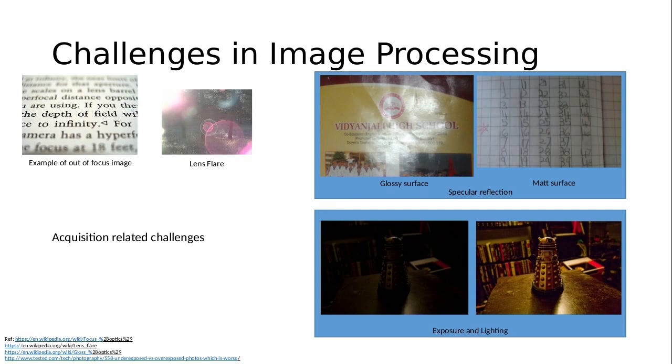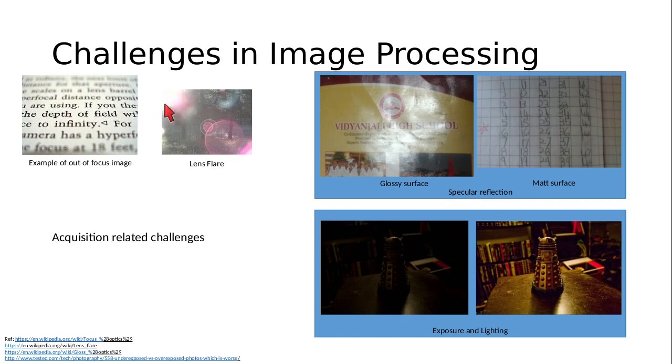So objects that are far away from the camera might be out of focus if you are using a certain lens. If you are using a lens that is able to focus at regions which are far away from the camera, then that lens will not be able to see images that are closer. So you can see this here. This particular lens is able to focus on images that are in this center area. Parts of the image that are very close to the lens and parts that are very far away from the lens are not clear. So there could be out of focus issues in a camera because of the limited range of the lens.